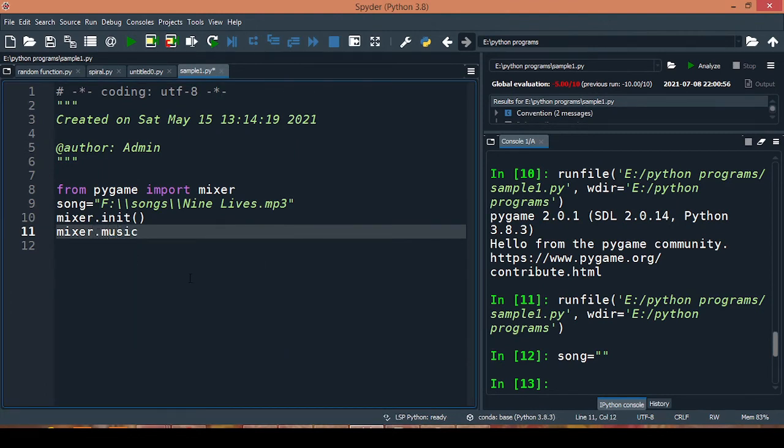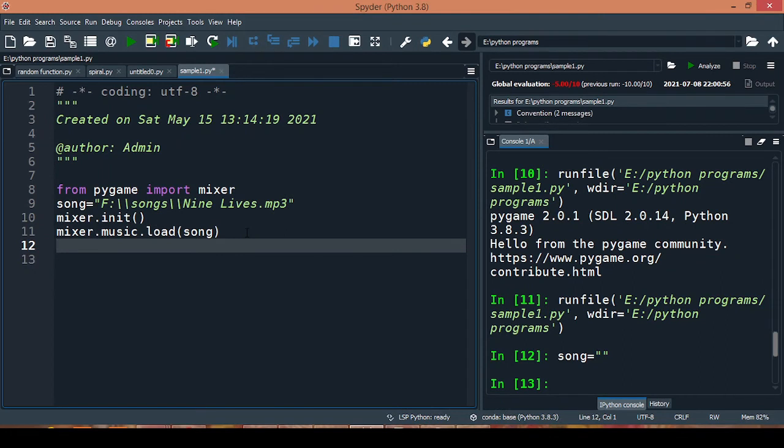In this I'll use music.load to load the mp3 file. So I'll put the variable name, the variable name is song, so I'll give song as the argument in this method. Now mixer.music.play is the method which will run the mp3 file.